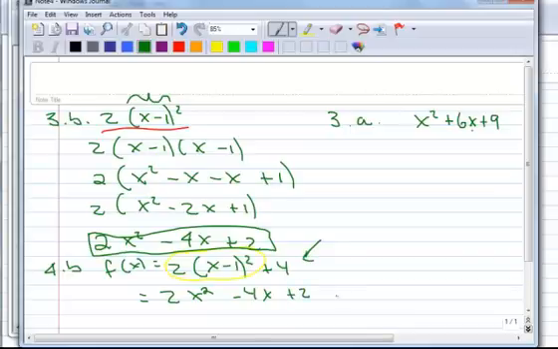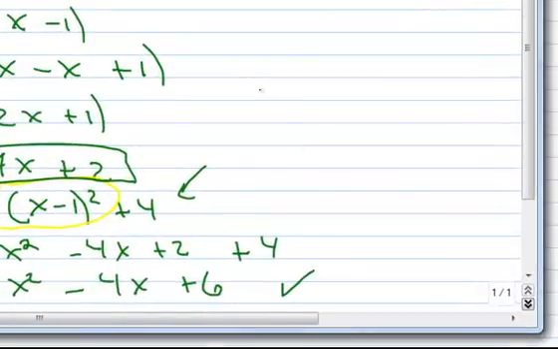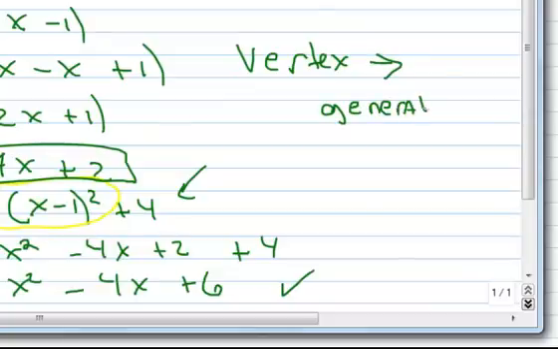But now I've got this plus 4 in the end. So let's go ahead and tack that on. And now I want to add these 2 like terms. So this becomes 2x squared minus 4x, and 2 plus 4 is 6. So when we convert from vertex form to general form, the first thing we're going to do is multiply out the binomial, and then we're going to combine those like terms on the end. So that's going from vertex form to general form. And then you can do part A by yourself from 4a, and that binomial is going to look a lot like the one from